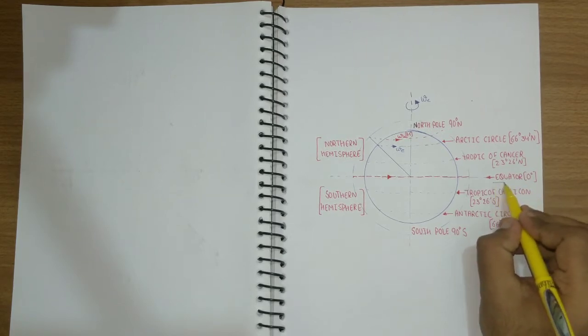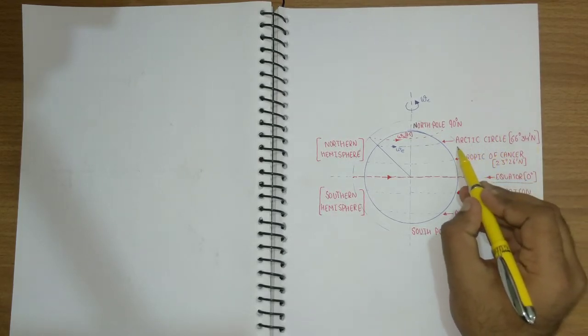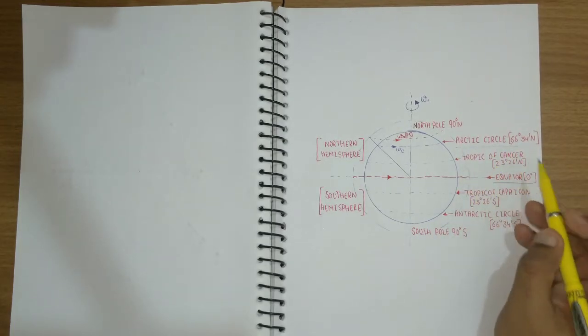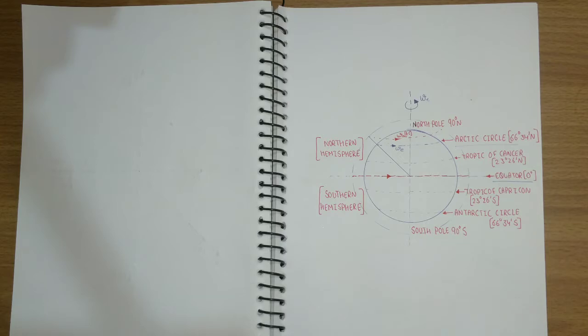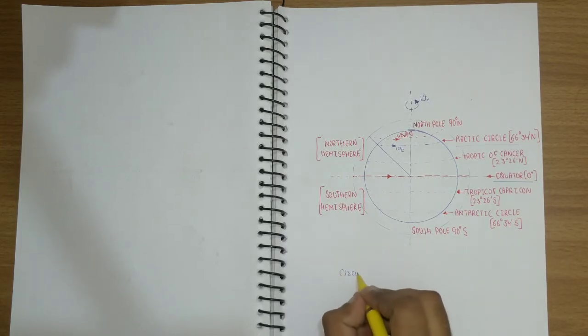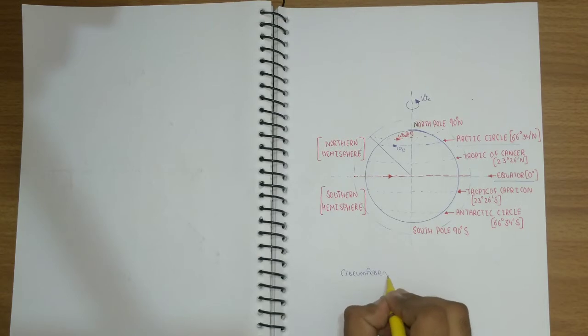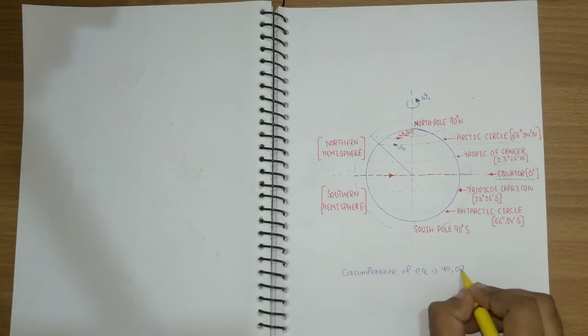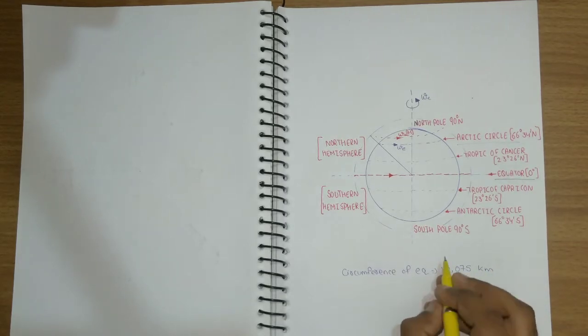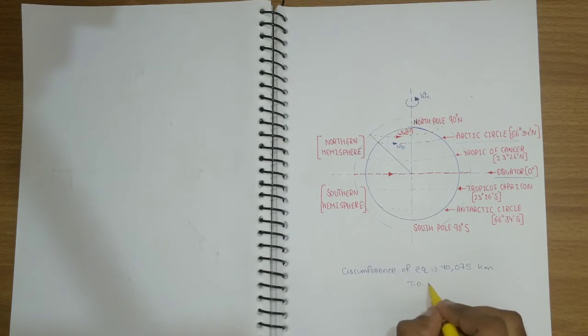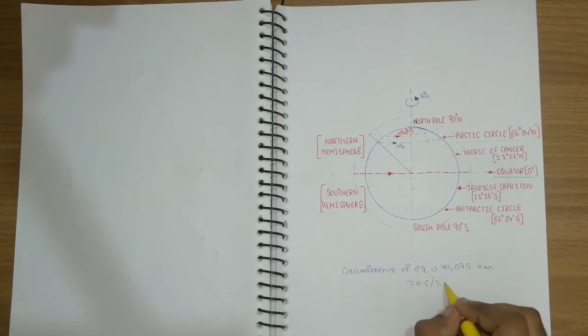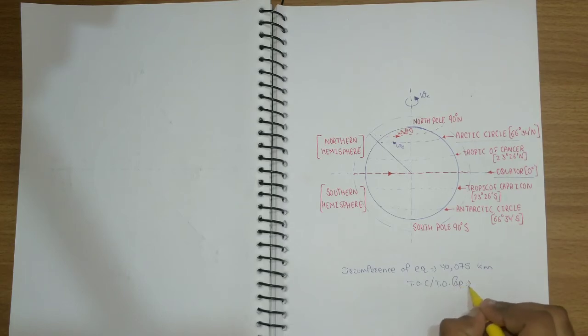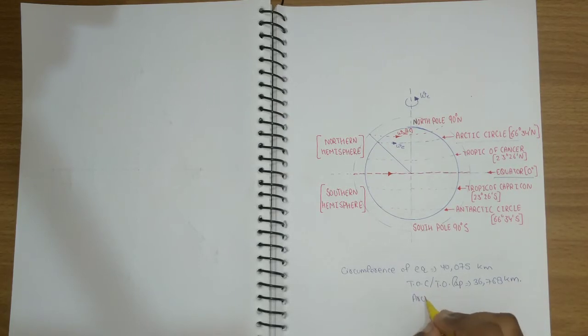the circumference of the equator is much greater than the circumference of the Arctic Circle or Tropic of Cancer. From the data, the circumference of the equator is 40,075 kilometers, and the circumference of the Tropic of Cancer or Tropic of Capricorn is 36,768 kilometers, and the circumference of the Arctic Circle or Antarctic Circle is